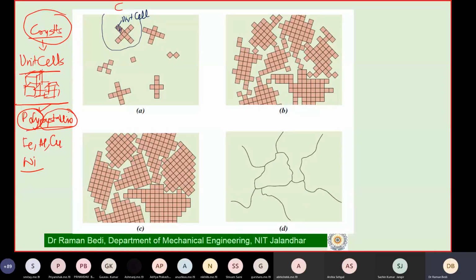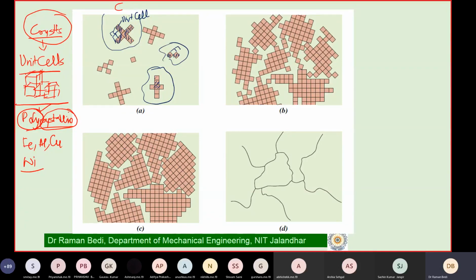So the unit cells are getting arranged in one orientation. Can you see that the orientation of the unit cells is the same in a single crystal? So you will find that it is growing like this. Similarly, another crystal is growing in this region, and it has unit cells oriented in a different way. The orientation is different. Here another crystal is growing, and the orientation is here.